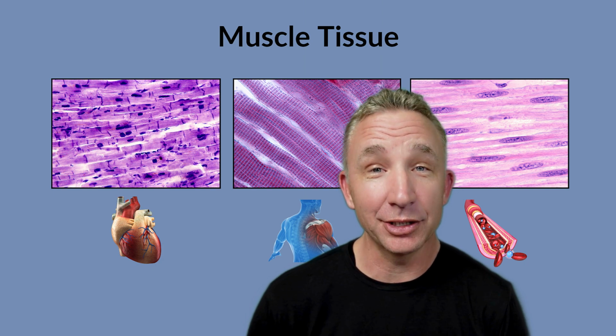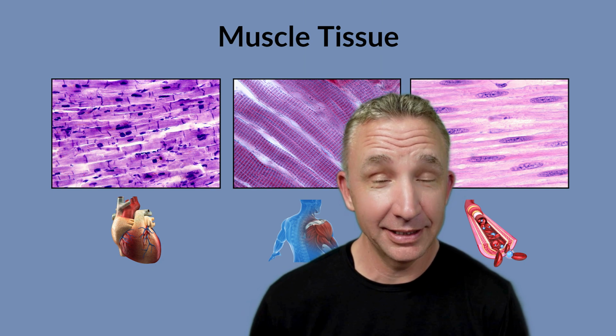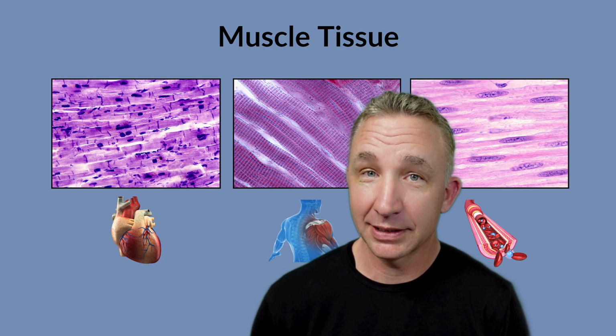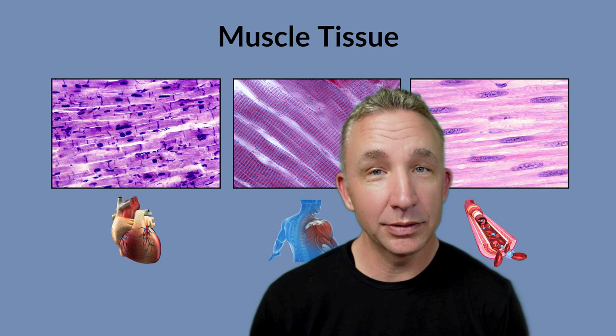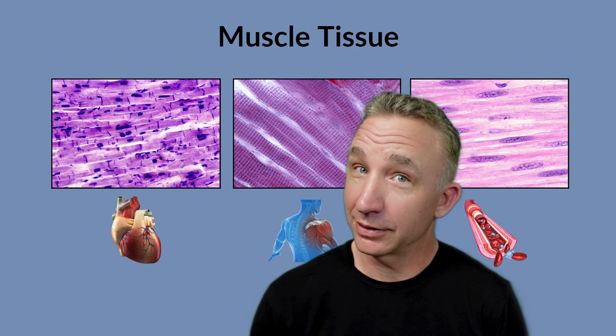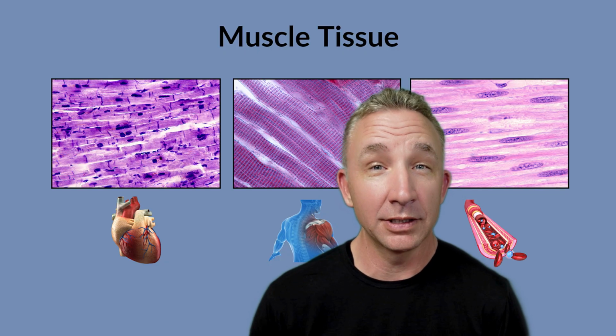Histology of muscle tissue. There's 4 types of tissue in the body: epithelial, connective, muscle, and nervous. Now we get into muscle tissue. There's 3 types of muscle: smooth, cardiac, and skeletal. That's it. So muscle is a little bit simpler than the other types of tissue because when we covered epithelial